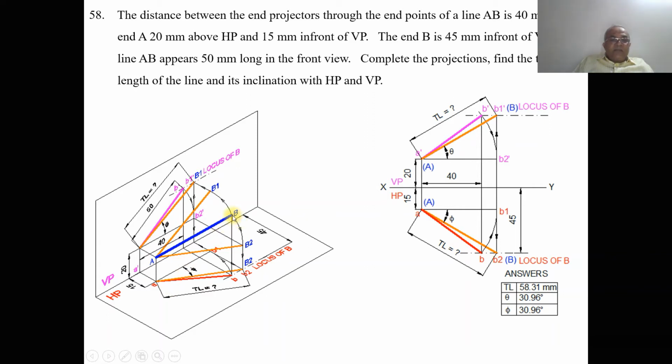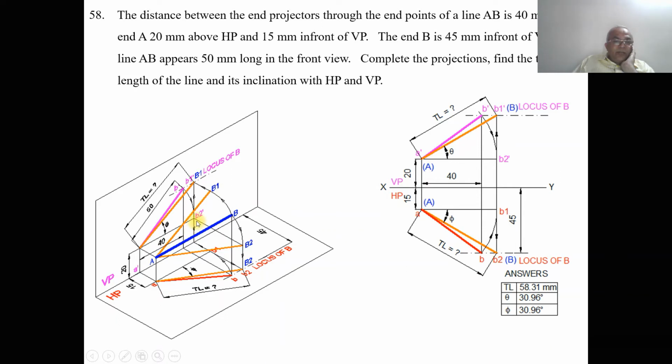As B is projected directly onto the locus of B in the front view, which is B dash, and small b is projected onto the locus of B in the top view. With A as center, taking the radius of AB, you rotate it such that AB2 is parallel to HP. So what happens to the image in the vertical plane? That is when you are looking from the front view. With A dash as center, taking the radius of A dash B dash, it has been rotated such that both A dash and B2 dash are above HP by 20 mm. This A dash should be here, not here. So both A dash and B2 dash are parallel to HP.